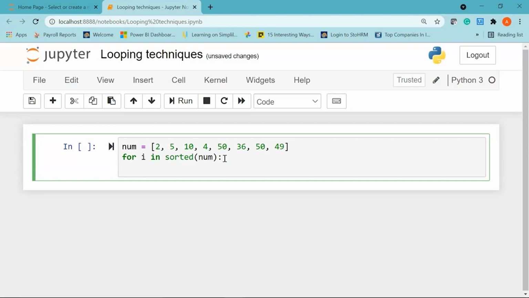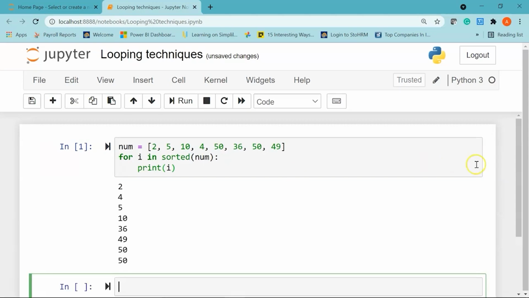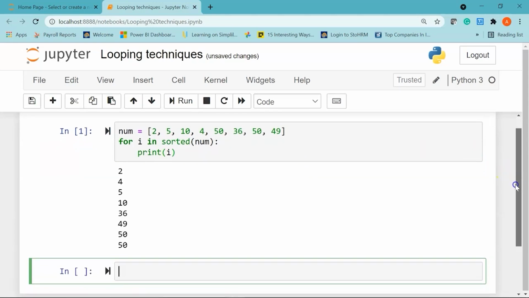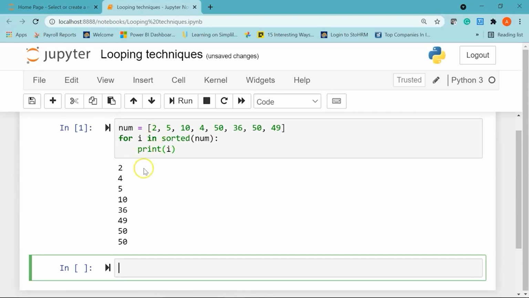Then I'll give a colon and say print i. So let's hit shift enter to run it. Okay, you can see here, Python by default has sorted the elements in the list in ascending order. So we have 2, 4, 5, then 10, 36, 49, 50, and 50.